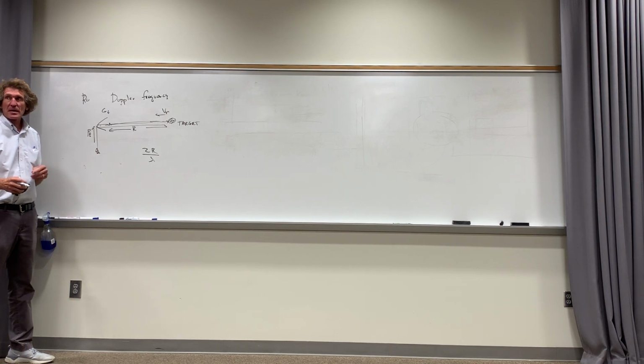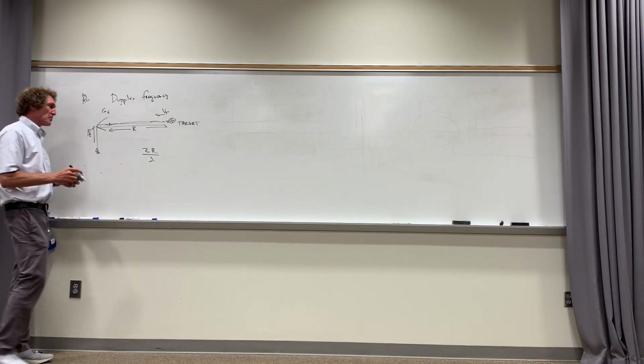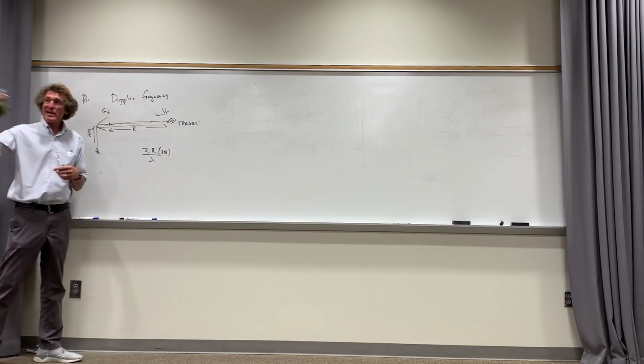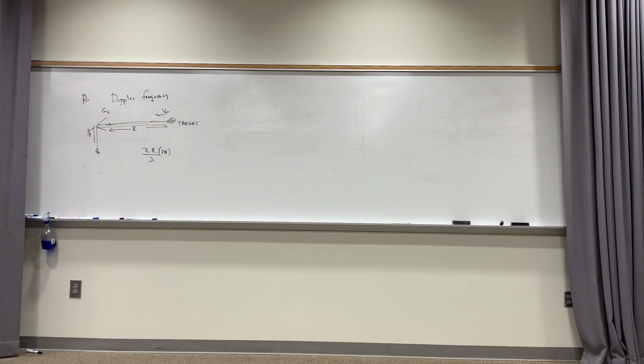But now we need a radian number. So if we multiply this by 2 pi, now I know how many radians are involved in that path. I know how many wavelengths. Each wavelength is 2 pi radians, isn't it? Now I know the total number of radians the signal went by.